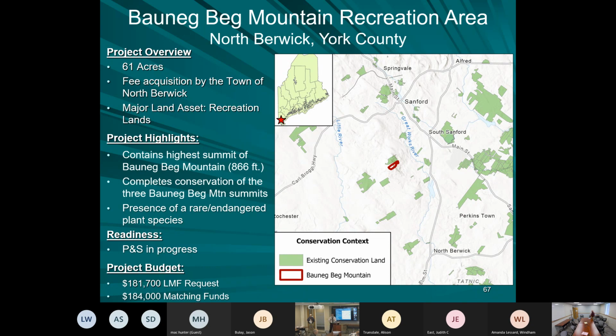Last year, Carrie Kish had an article in the Portland Press Herald about unsung hikes. Bonnie Bay Mountain is the unsung hike in southern Maine. If you want to do a day hike, it's about an hour and a half. You can walk all the trails within the mountain, see magnificent vistas. Since that time, we've seen just a huge amount